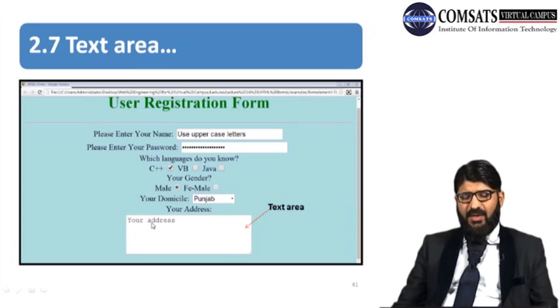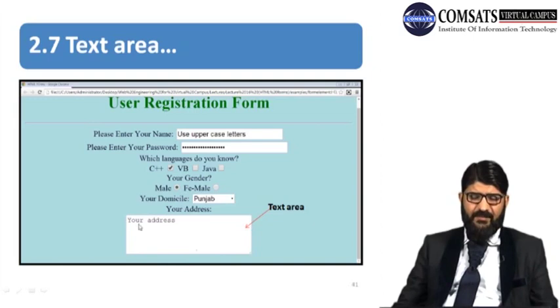So see, your address is mentioned as a label here, and your permanent address as a label it should be, and then the text area. This is the text area, and it spans 5 rows, but with respect to columns, if you do see, it has much column value to appear because we have mentioned 30 column value in it. So here the user can enter the relevant text of his permanent address accordingly.